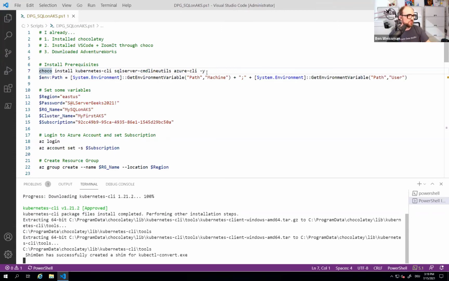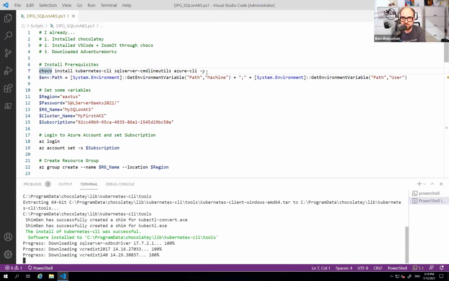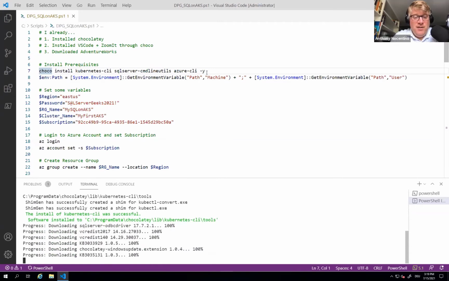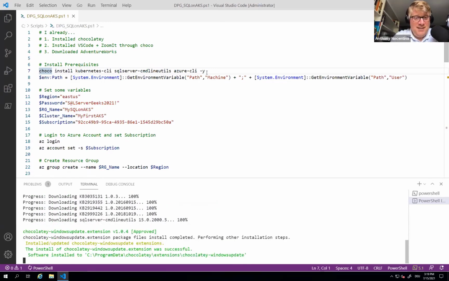And it will just go ahead and install these 3 tools for me. This is going to take a few minutes, so that's why I wanted to hit that first. Sorry, Anthony, please. Totally. And so to kind of dive a little deeper into Chocolatey, it's a fantastic tool, because